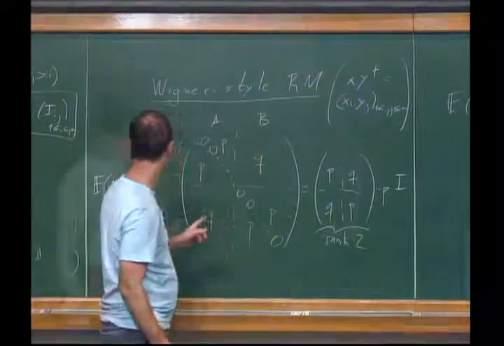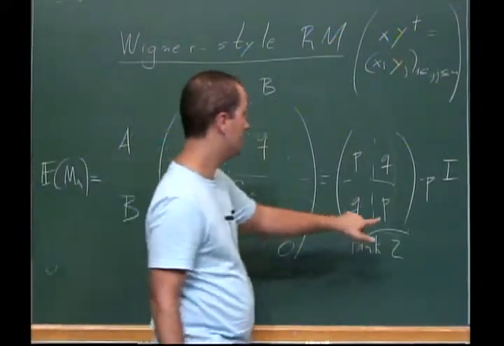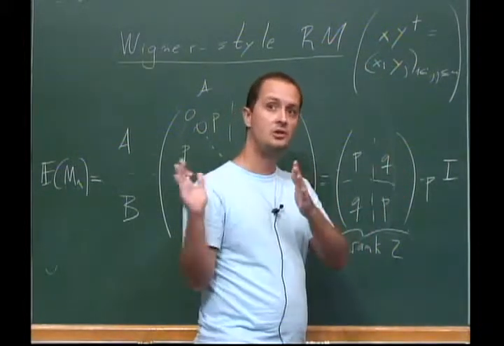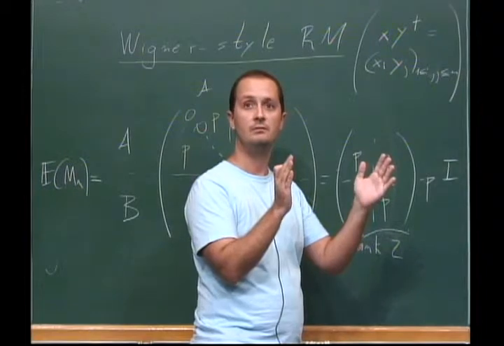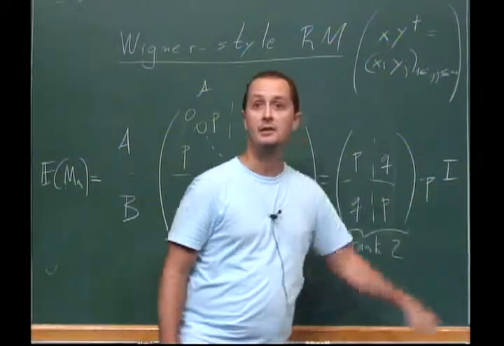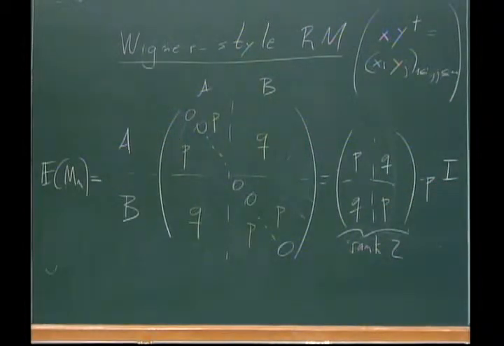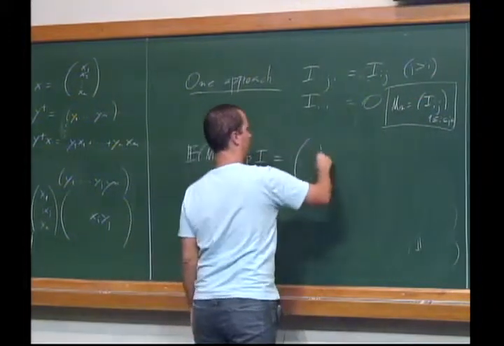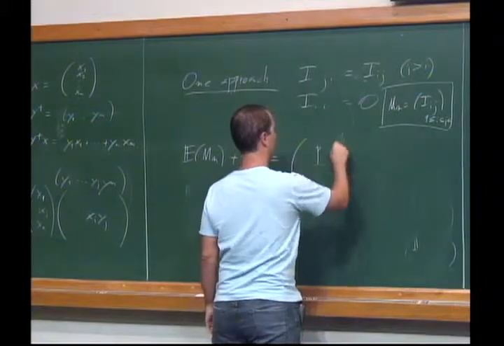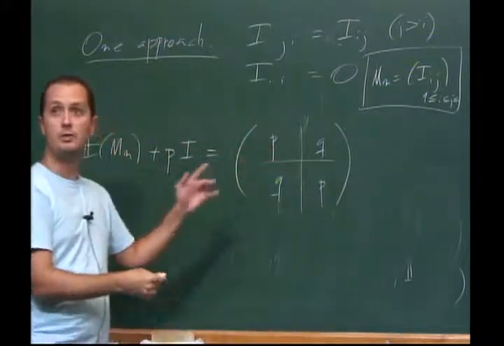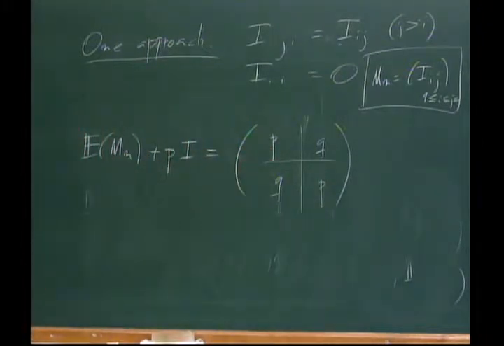So maybe I should start out by saying, when you have a matrix and you add a multiple of the identity, you don't change the eigenvectors, and you just shift the spectrum, right? So if you want to know the eigenvalues of this, I can just add pI here. Then you have this matrix here. Well, you don't exactly have this matrix because, as I said, the rows and columns are all permuted, but we know that doesn't change the spectrum either. So it's just a matter of seeing things in the right way.